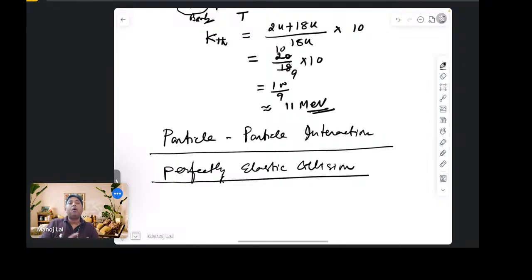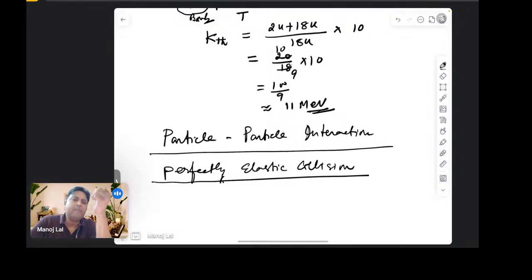तो अभी तक क्या कर रहे थे भाई, अभी तक हम परफेक्टली इलास्टिक भी किए, इन इलास्टिक भी किए, और इन इलास्टिक में हमने वो भी केसेस लिया जहां की इंटरनल एनर्जी, बाइंडिंग एनर्जी जो है वो कन्वर्टेड इनटू काइनेटिक एनर्जी। मतलब मैंने न्यूक्लियर रिएक्शन की बातें कर दी। बट अभी जो हम कर रहे हैं पार्टिकल पार्टिकल इंटरेक्शन पे, कोई न्यूक्लियर और एटॉमिक लेवल की बात नहीं कर रहे हैं, जिसमें कि कोई इंटरनल एनर्जी बाहर नहीं आ रही है। जो काइनेटिक एनर्जी इनिशियल था वही काइनेटिक एनर्जी फाइनल भी है।